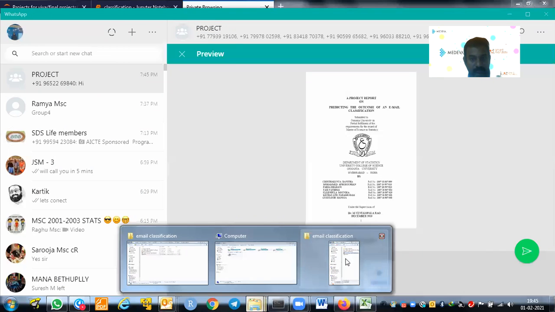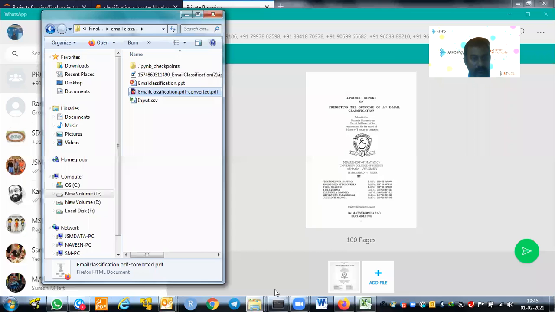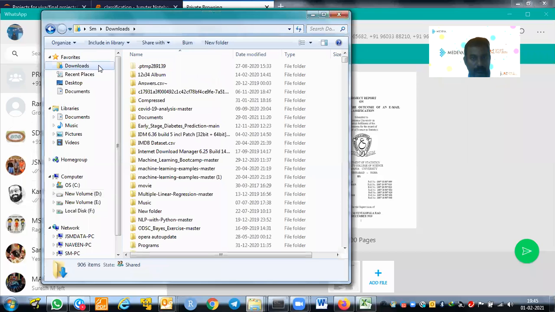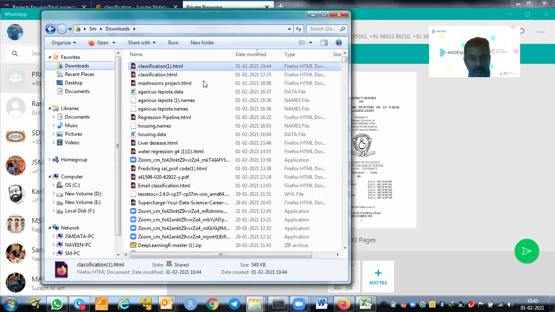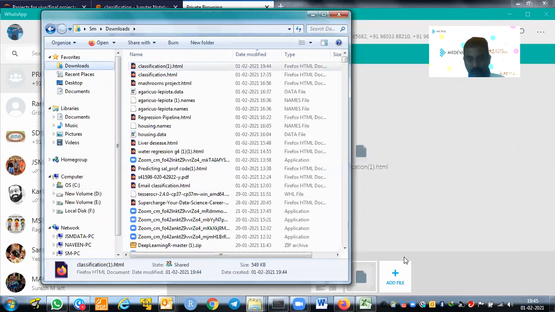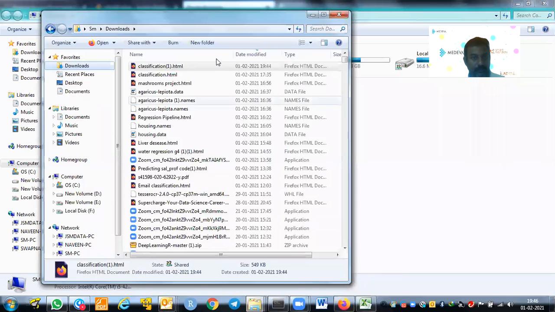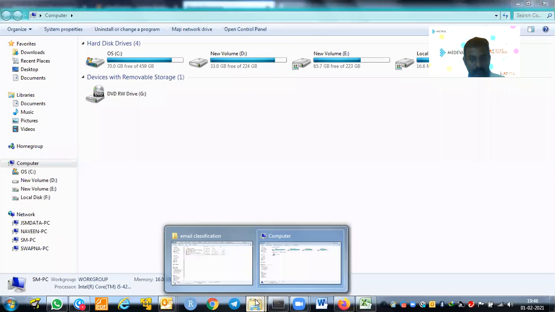And this is your code, I hope so. Classification is your code. Then you have code and you have data also. If you don't have the data, I will give the data.